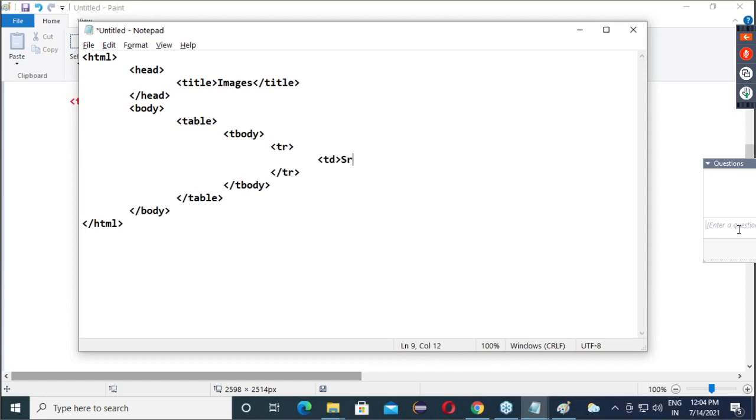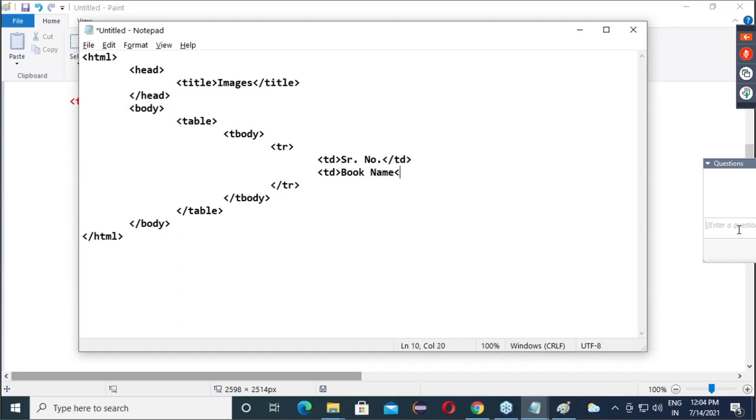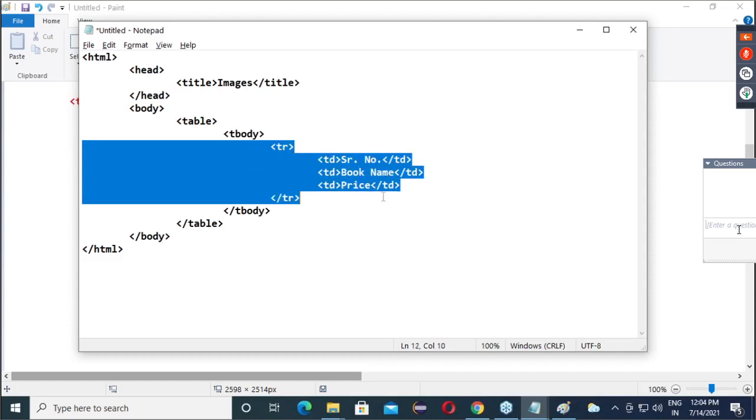Our first data is serial number, td close. Is everyone clear on this? Again td, what is that? Book name. And what will be next? Here, price. Okay, so this is nothing but our first row.